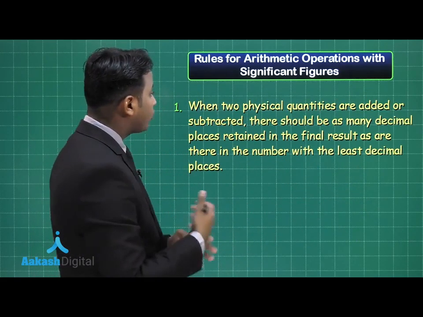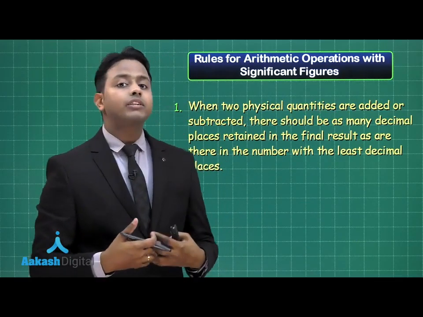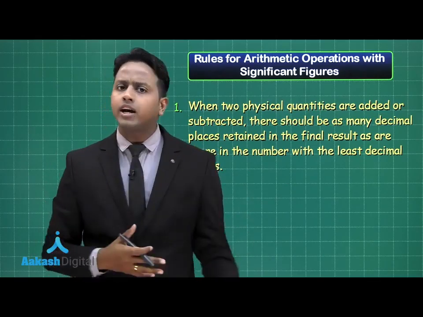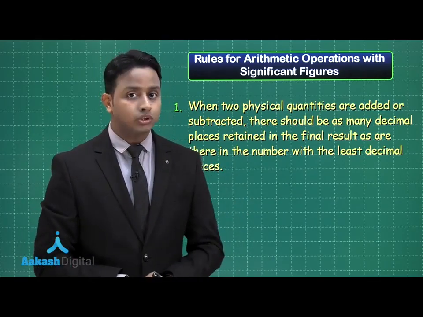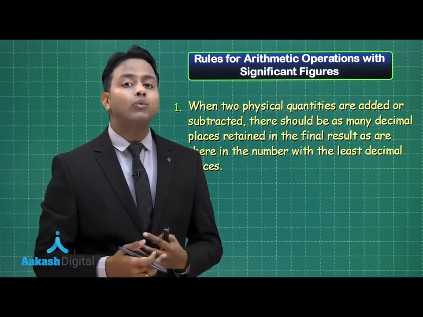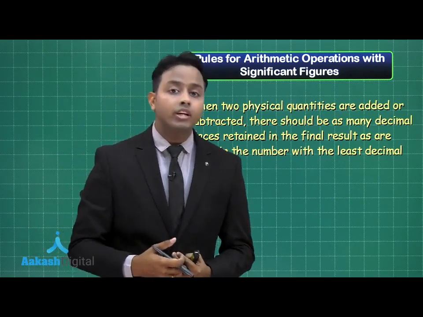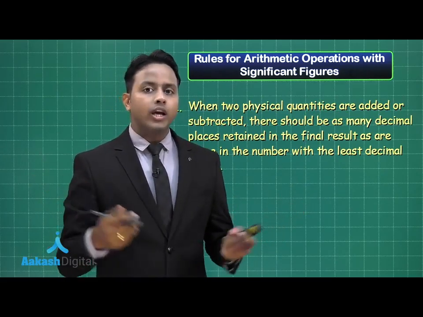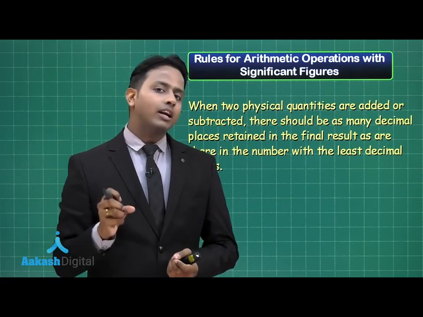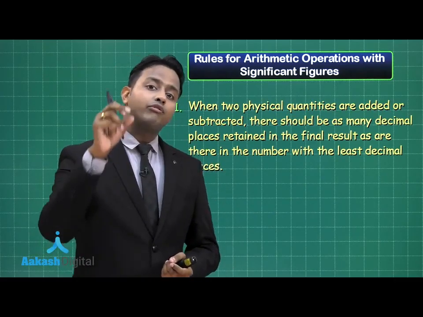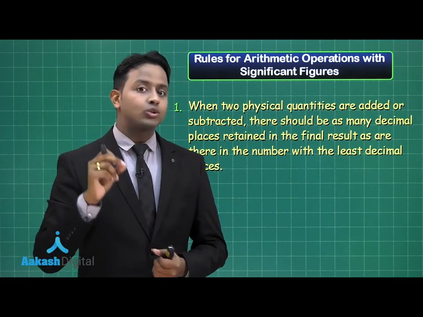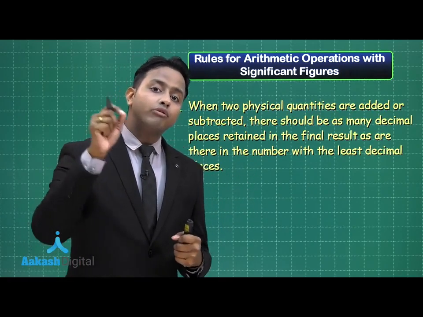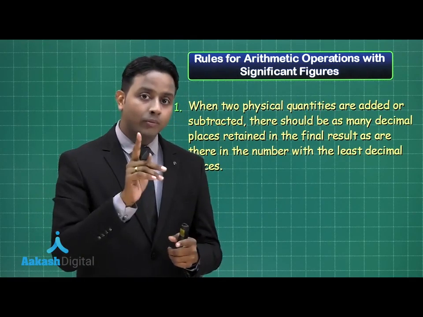Now, whenever we are doing mathematics with different numbers, we are adding the numbers, subtracting, multiplying, dividing, and doing many more mathematical operations. But how to deal with them while we are dealing with significant figures? Let's suppose I am giving you an example. I am making a chain. The chain will consist of different kinds of iron links. Let's suppose I have one link which is very weak. So tell me, the total strength of the chain is going to depend upon the weakness of the weakest link. I hope you got my point.